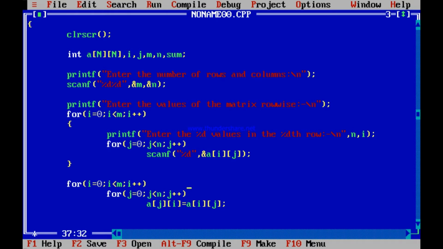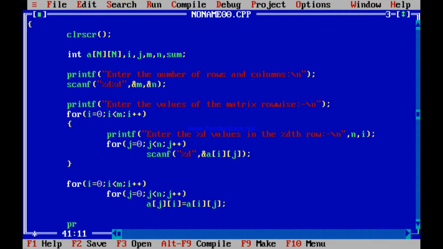Next time, i will become 1. When it ends the inner for loop, that is, it completes for the first row column number of times, it goes to the outer for loop and i becomes 1. Now this time you enter with j equal to 0, that is, you are saying A10 to be copied to A01. Is it not so? So in this program you are doing the necessary interchange. So the program should run. So this interchange should be happening completely, I can guess, or not.